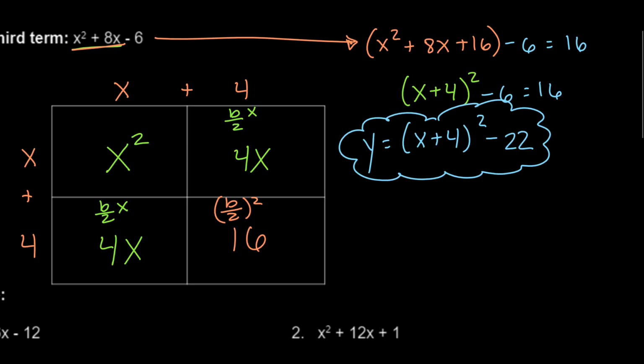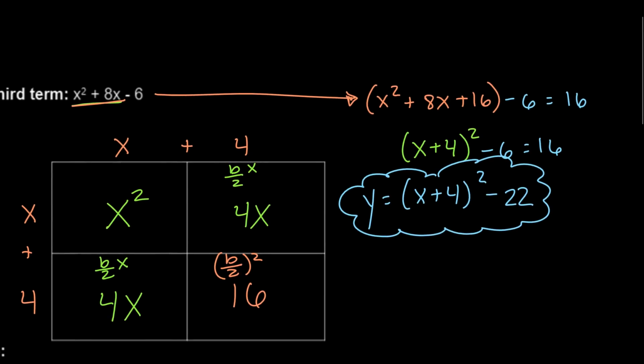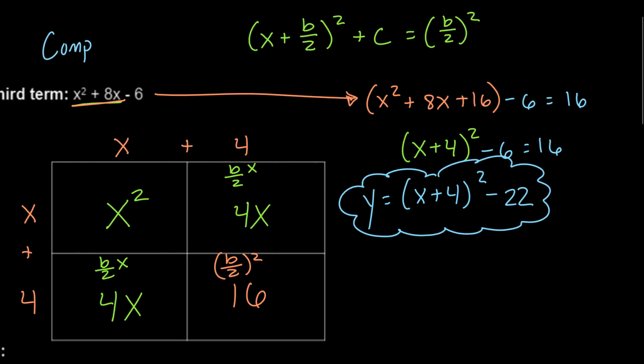So if I wanted to write this in an equation format, the completing the square equation, I would maybe write this. We have our x plus b divided by 2 term squared plus the c that was in our original equation equals b over 2 squared. This is the completing the square equation. So you can either use the box method or you can just use that equation if you're good at memorizing equations,